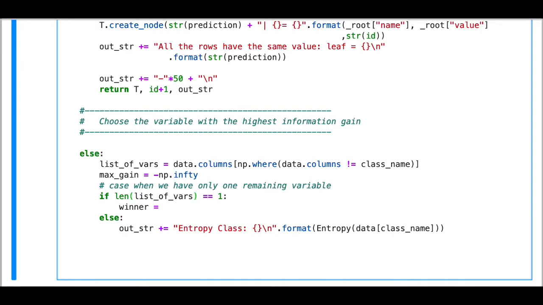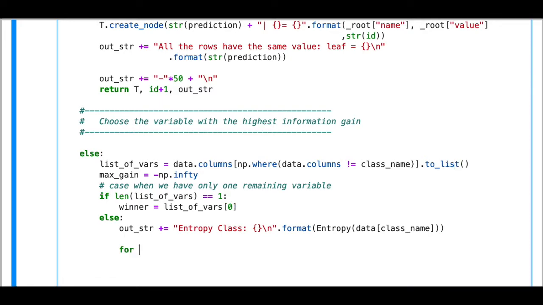Okay, that's much better, right? So we extract here the list of variables, and then we check if the length is just 1. We're going to just return as a winner the only one, right? We're going to have to use the toList function from pandas. Okay, so now for each var in the list of vars,